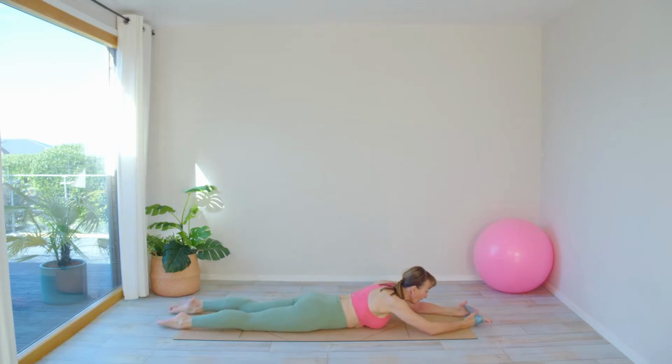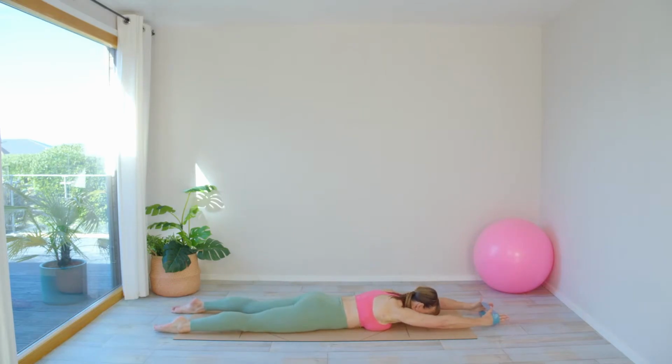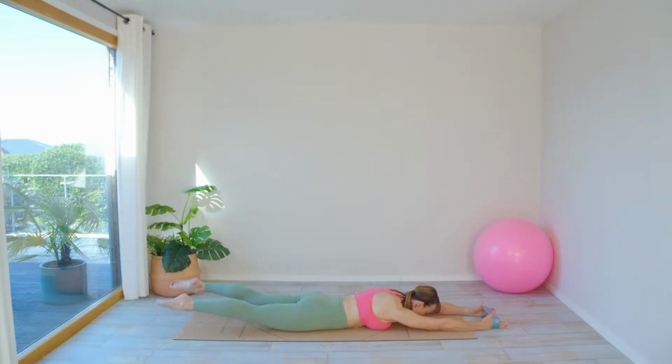So feet slightly apart, pressing the band outwards, and think of having your head floating above the mat, but your eye line is not forward like this. You want to think lovely long neck, no creases on the back of the neck. Press your arms apart slightly, as much as you're able to hold,